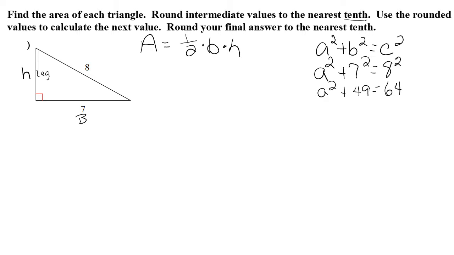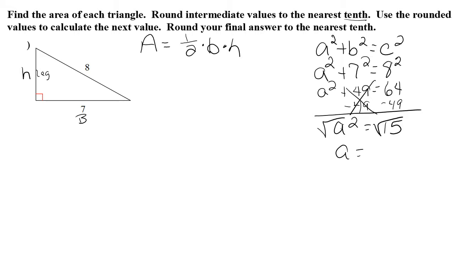Now I need to get a squared alone, so cancel out the 49. And I get a squared is equal to 15. Now I take the square root of both sides, and the square root of a squared is a, and the square root of 15, whenever I punch that into my calculator, I get